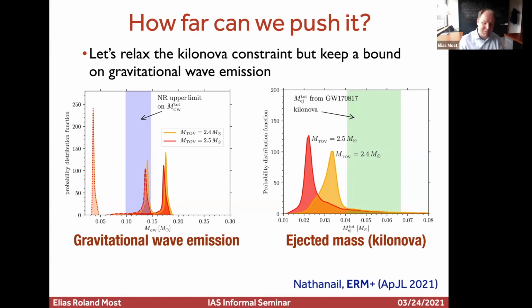Actually, if you look at the numbers, it's emitting 0.1 or 0.15 solar masses. That's not insignificant compared to the error on the maximum mass estimate that we're talking about. So really, you have to account for this. And the thing that we find is, if you try to break this, and you say, what happens if I had 2.4 or even 2.5? So what if the 1908-14 event contained a non-spinning neutron star? You really break it hard both on the gravitational wave emission and on the ejected mass.